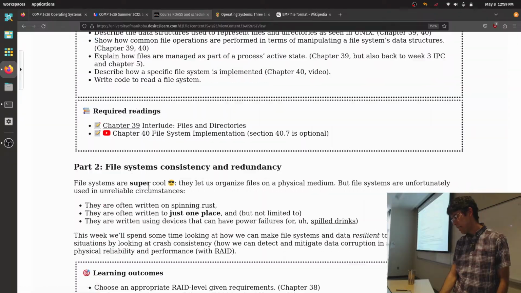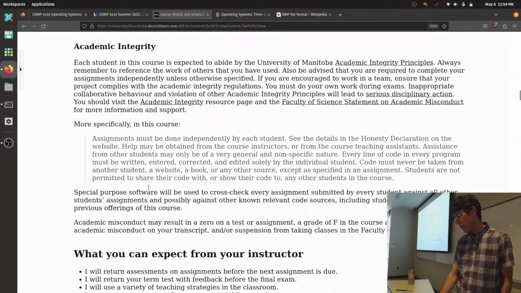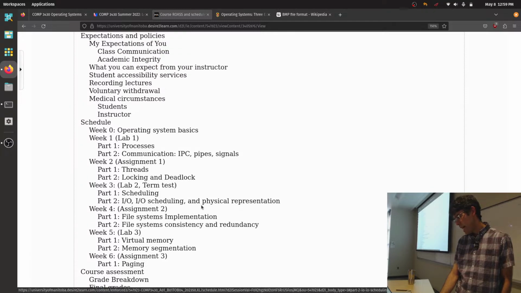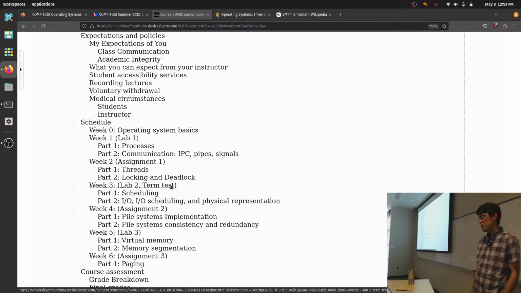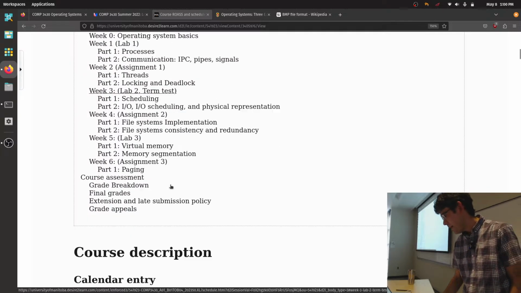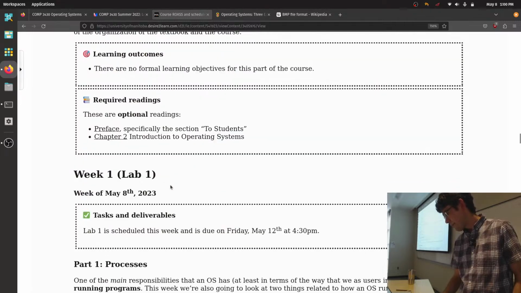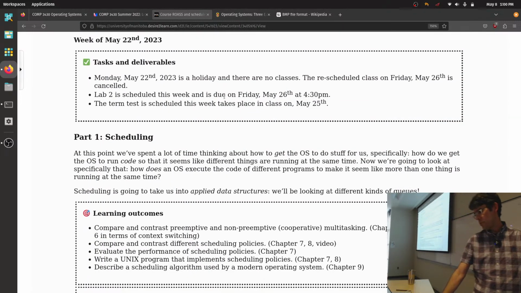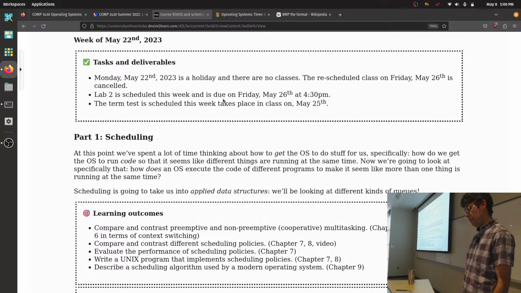I'm going to go back really quickly up to the top here to the table of contents. The term test is scheduled the week of lab 2, so this is halfway through the course. And I'm going to go down to week 3 here, and it is scheduled on May 25th. It's just happening in class. I'll tell you more about that when we get to that point, but it will just be an in-person, on-paper